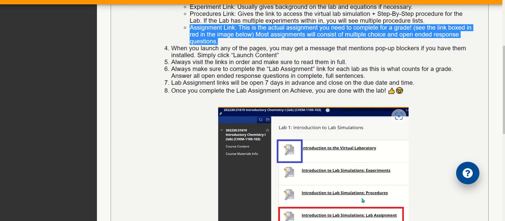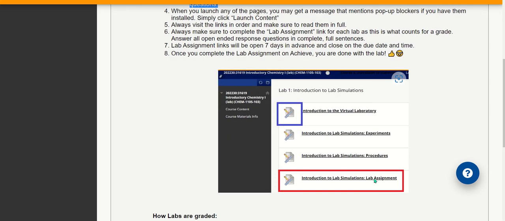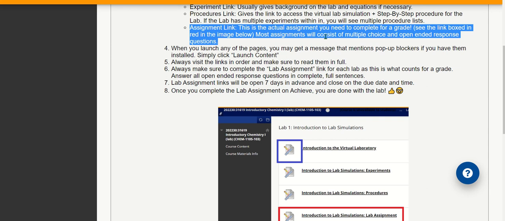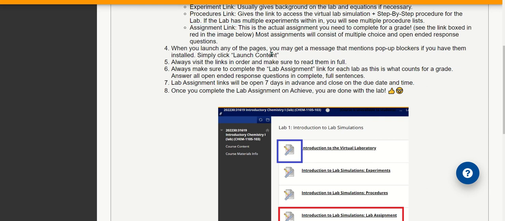This is the actual assignment that you will complete for a grade. So here, what I have boxed in red is your actual assignment. This is what you will complete, and that counts for your lab. Most of the assignments will consist of multiple choice and open-ended response questions, but there's actually a variety of types of questions. There may be true or false and matching questions if I'm not mistaken, but either way, it's